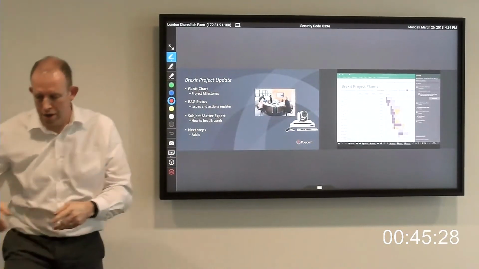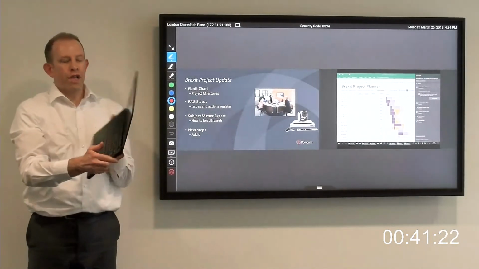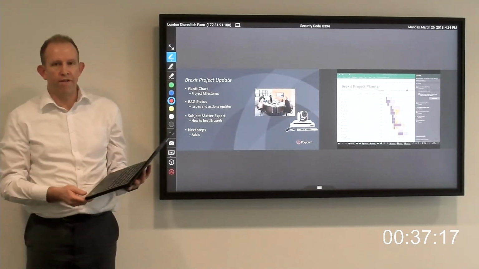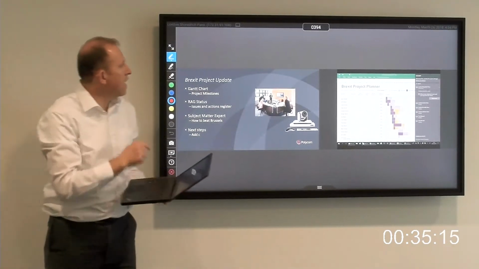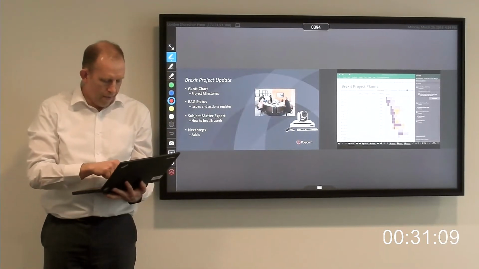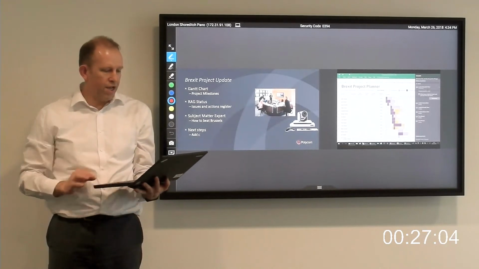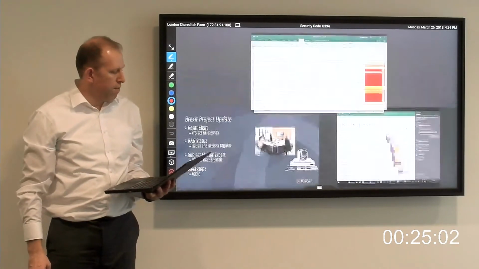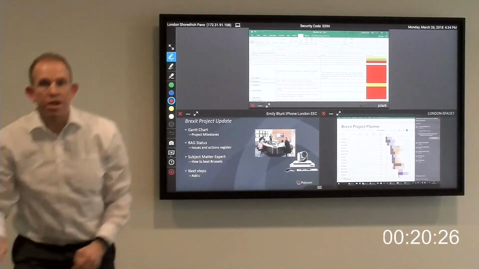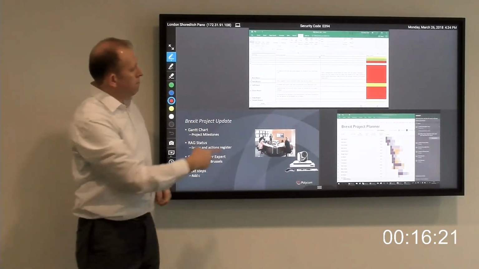How are we doing on that negotiation? So I've got my laptop here, and this time I'm going to use the little Pano app. I haven't got anything Windows 10 on this device, but I need to get some content in there. Again, it's asking for the code, 0394, and then I'll just share my desktop. Well, in fact, I'll share my RAG status, red, amber, green. So you'll see that appearing on the screen as well. So there you go, 3 separate bits of content to help with my presentation, with my discussions,